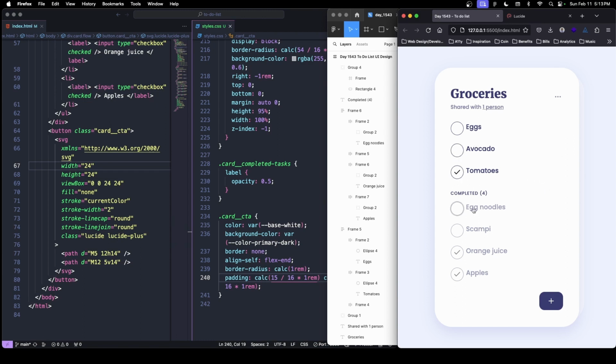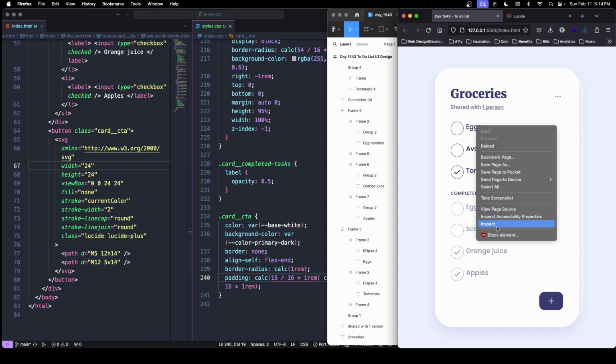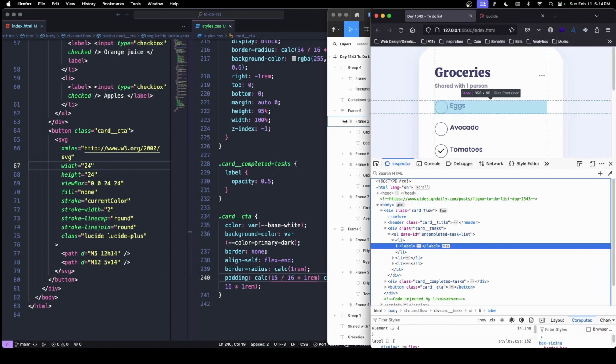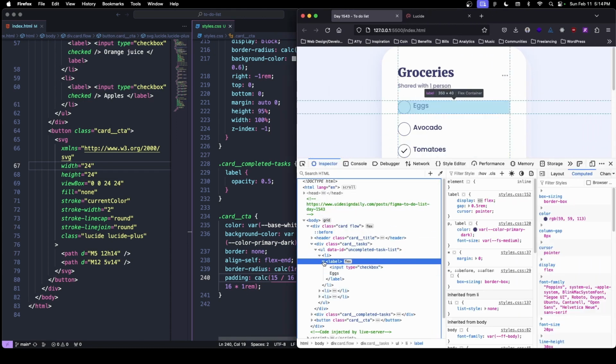Let's see here. Is that it? So the one thing I want to add here though is something that we have not actually talked about, and something that we should talk about is this label. Like, what happens if I add a bunch of text to it, right? It's good to think about this kind of stuff. Like, how would you actually handle a bunch of text or a small amount of text in a real world example? So let me go ahead and add